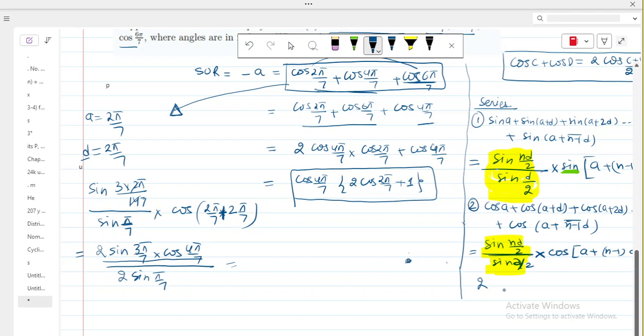Now you can apply the reduction formula, cos(180 minus theta). So cos(pi minus pi by 7) will become cos 6 pi by 7. So it becomes minus cos pi by 7. And this becomes minus cos 3 pi by 7. And this becomes minus cos